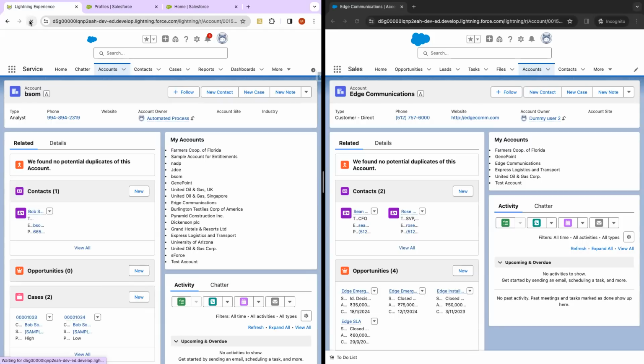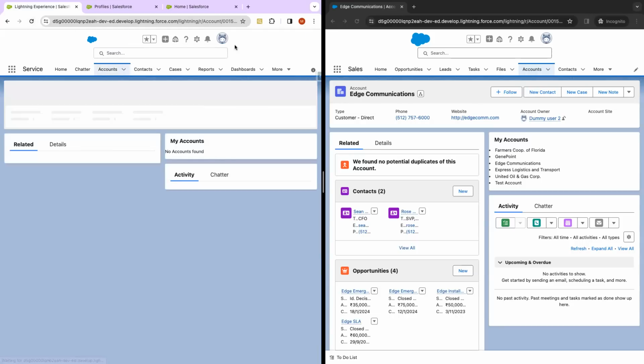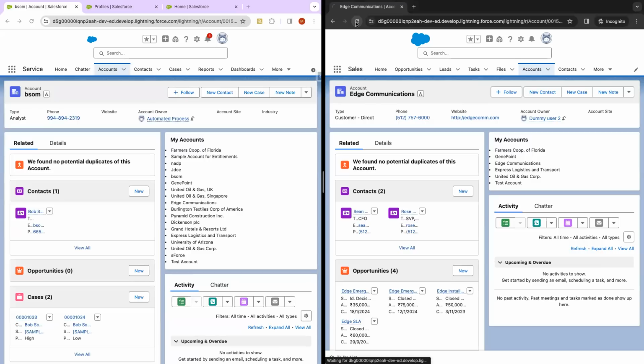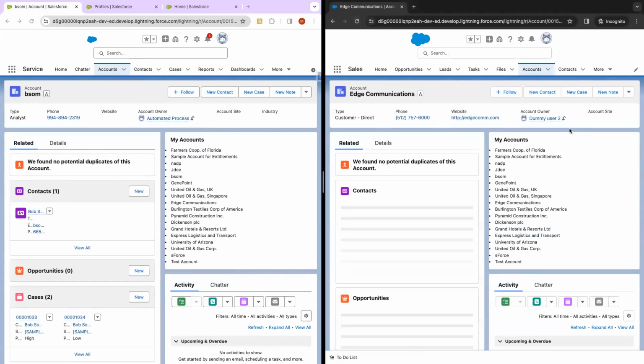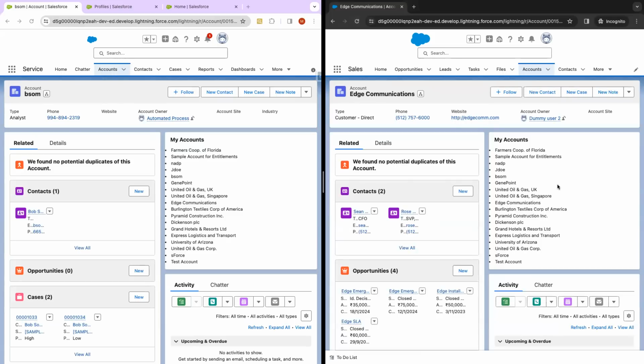Admin is able to see same accounts. Obviously, he'll be able to see same accounts. What we should get a difference here is that now dummy user 2 should be able to see more accounts. Now, if you see here, dummy user 2 is also able to see all the accounts. Okay, so because now class is without sharing and it will display everything available on that object. Okay. So that is the basic difference between with sharing and without sharing, and we have explored that practically. Okay. Now let me